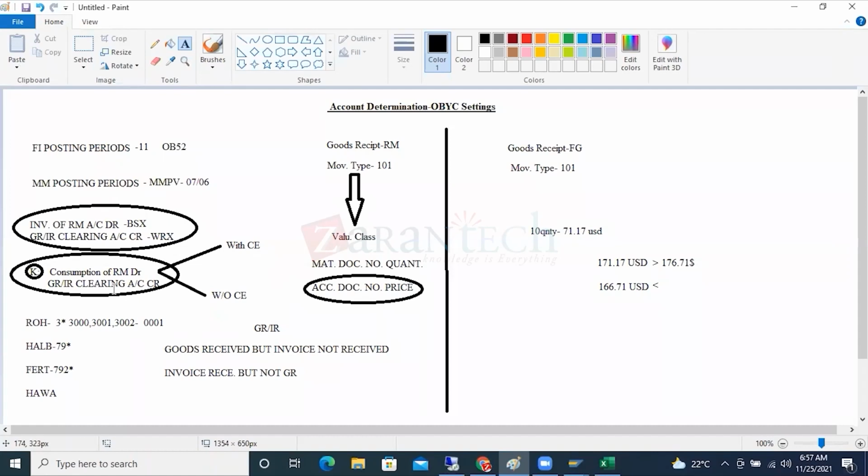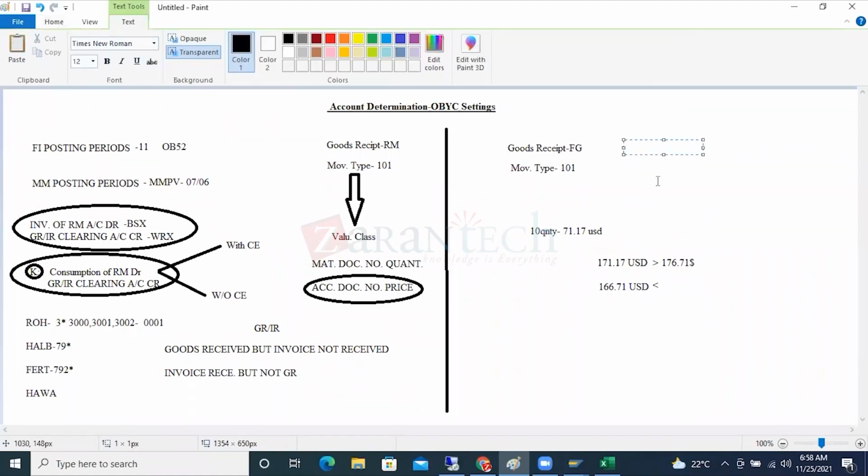Okay, forget about the GRIR. The GRIR is always going to be called WRX only. But for the raw material consumption account, is it going to be the same key? No. Raw material consumption account, consumption. When you see the consumption, once you receive the raw material, when you are issuing the raw material, when the goods issue has happened, you are issuing the raw material, goods issue